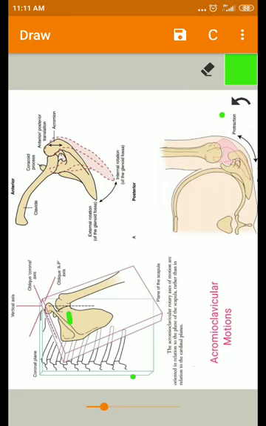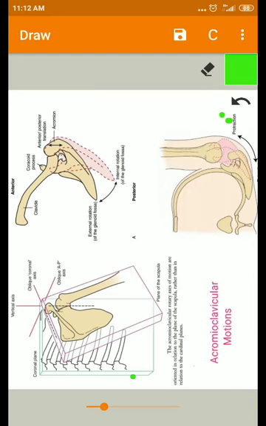Internal and external rotation of the scapula in relation to the clavicle occurs around an approximately vertical axis. It is using this approximately vertical axis through the acromioclavicular joint. Normally this vertical axis is present in between the acromioclavicular joint and the coracoclavicular ligament. So the axis is passing in between them. That is called the vertical axis.